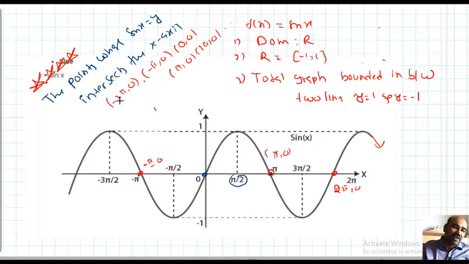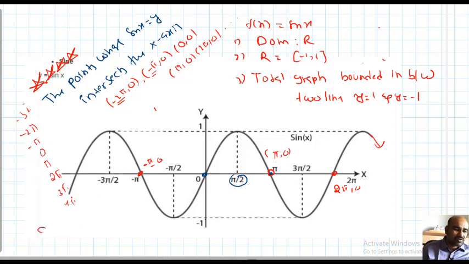At what point, if x equal to 2 pi, y equal to 0. X is equal to minus pi, y equal to 0. X equal to 0, y equal to 0. X equal to pi, y equal to 0. X equal to 2 pi, y equal to 0. Now we want to conclude something important. X equal to minus 2 pi, y equal to 0. X equal to 3 pi, y equal to 0. X equal to 4 pi, y equal to 0. X is minus 3 pi, y equal to 0.